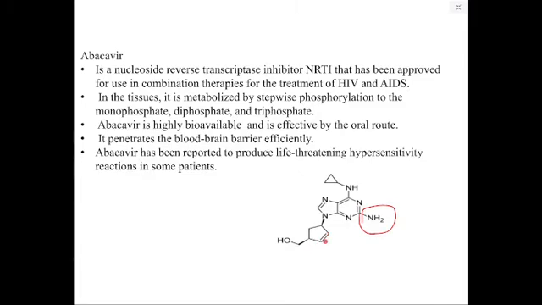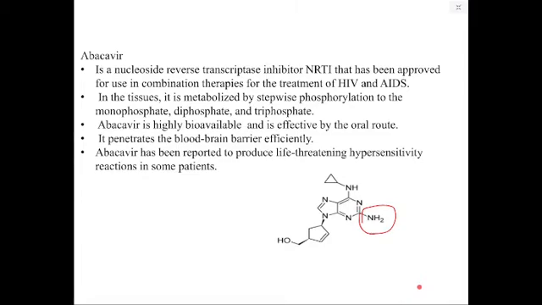You do not have a hydroxyl group at position 3 prime, so it becomes a terminator and inhibits the enzyme. Remember, this is the position where the 5 prime hydroxyl group of the next nucleoside or nucleotide will bind. The 5 prime joins on the 3 prime. Now you do not have a 3 prime hydroxyl group, so there is termination again